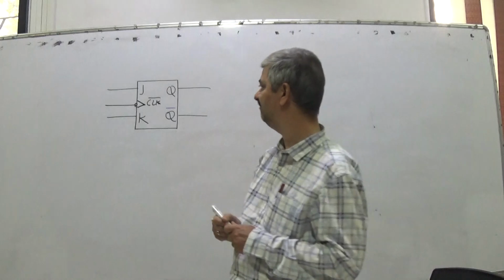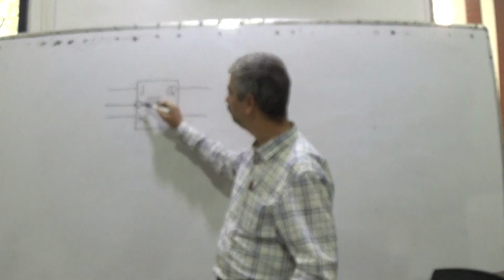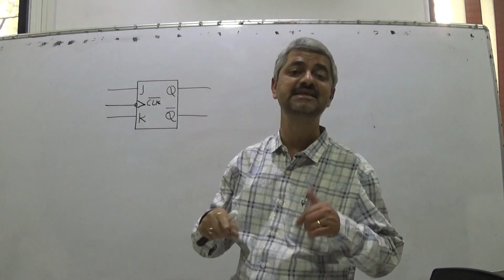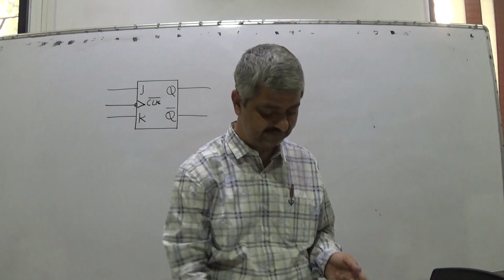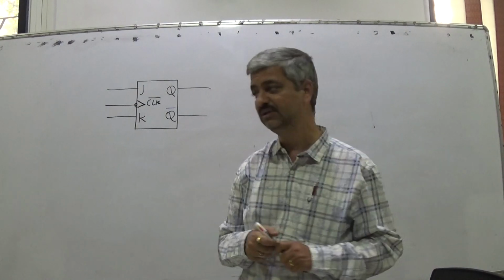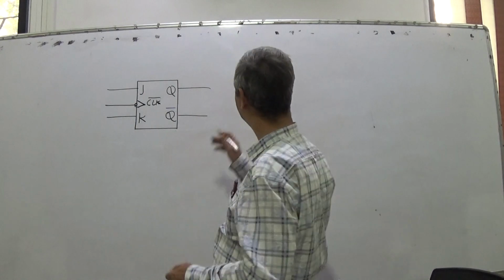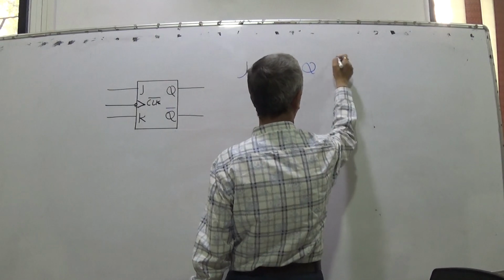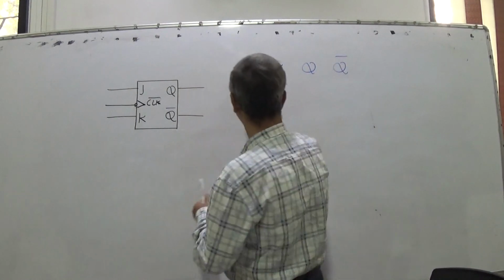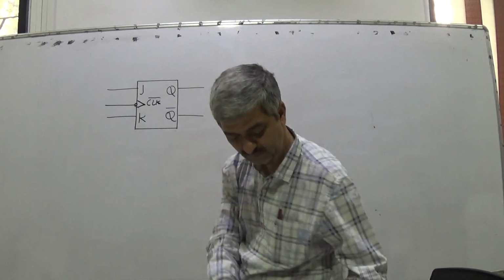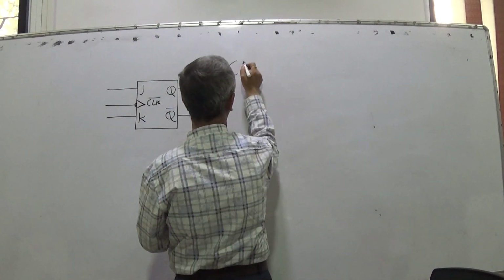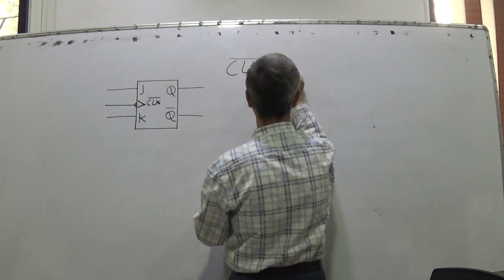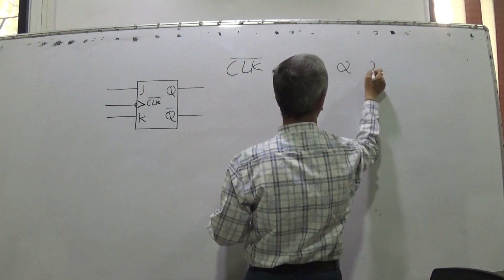So we are having a JK flip-flop. Obviously 1, 2, 3, 4, 5, five pins are there, plus the supply pins. And how do things work? The truth table we will just revise: clock, J, K, Q and Q bar. It is called clock bar because it is active low.